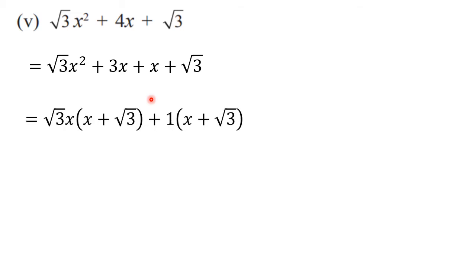So our next step will be like this. Root 3x which is common here from these two terms. Then here we are left out with x plus here it is root 3. From 3, root 3 is taken out, so root 3 is left out. Here nothing is common, so 1 we have taken out common along with the sign plus. So here these terms will be as it is. You can write down the same bracket here. And finally you have to write down two terms in two brackets. So x plus root 3 in one bracket and root 3x plus 1 in other bracket. So in this way we got the factors here.